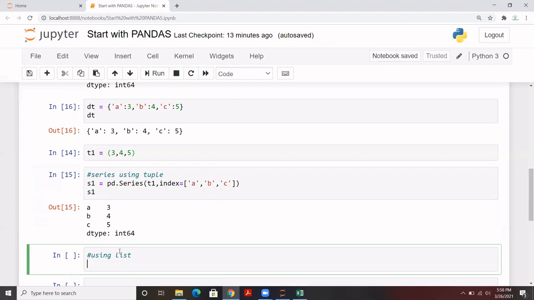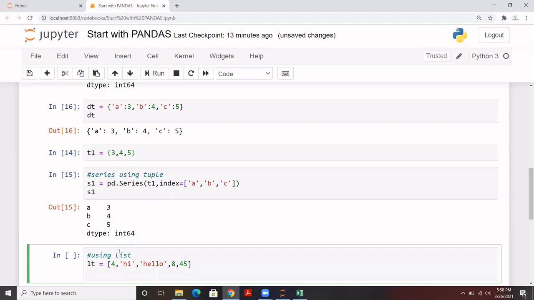For example, let's say lt. I have given this name, and this is the list that I have created. And let me give some dummy values to this. Here it is. And you can simply call it, let me give it a name s2. And how I'll be writing this: pd dot Series.